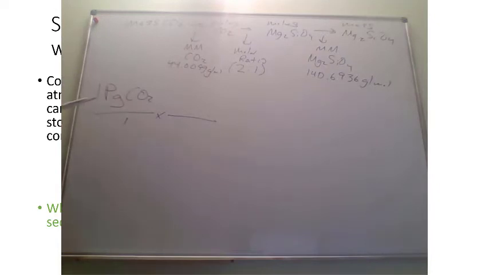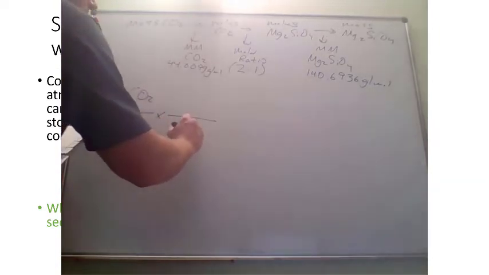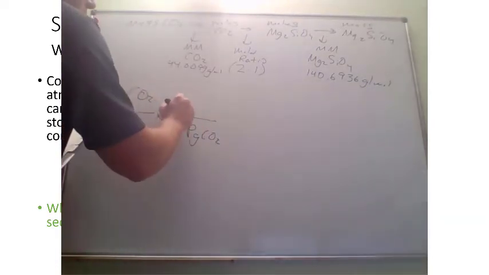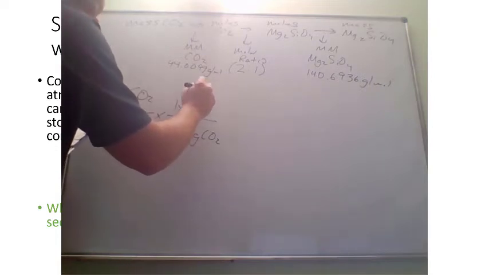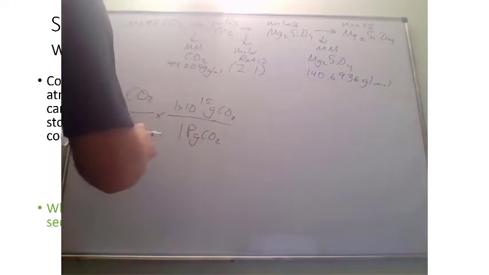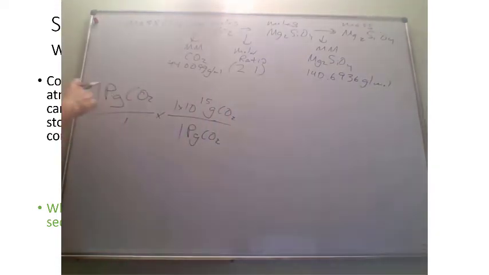So here we take a look at our dimensional analysis. We can see that 1 petrogram of CO2 would be equal to 1 times 10 to the 15 grams of CO2. So it's a simple conversion factor to take it from this kind of intimidating petrogram into a very usable